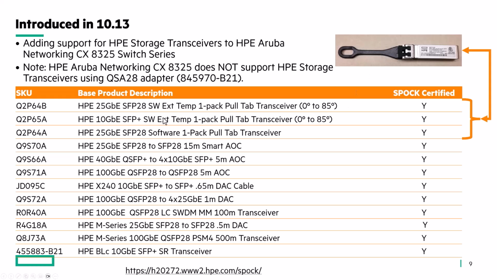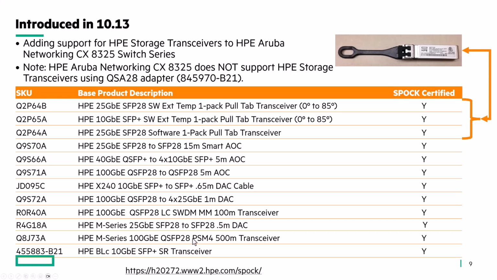The first two listed here are extreme temperature ones, which range from 0 to 85 Celsius. We've got a 25 gig 15 meter AOC, as well as a 40 gig splitter to 4 by 10 gig 5 meter AOC, 100 gig 5 meter AOC, a real short DAC, a 0.65 meter 10 gig DAC cable, as well as a 100 gig to 4 by 25 gig 1 meter DAC cable, a 100 gig SWDM transceiver, a